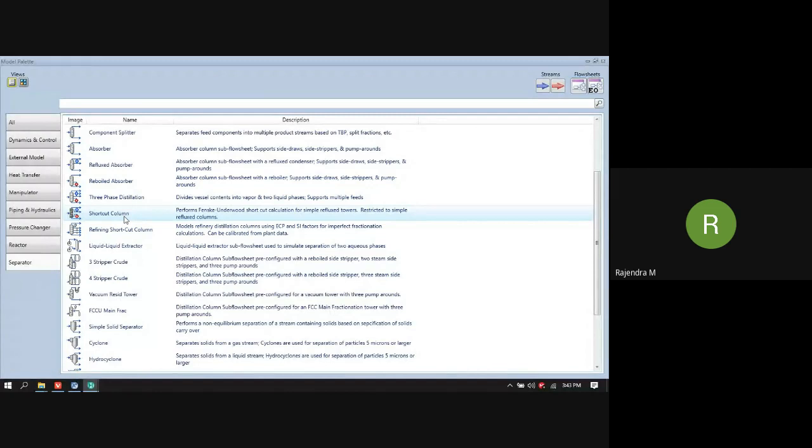And the rest of the other columns, if you see the refining ones: this is the refinery column, and this is the crude stripper column. These are all columns used in refineries, like the vacuum residue tower, fluid catalytic cracker unit, main fractionator.